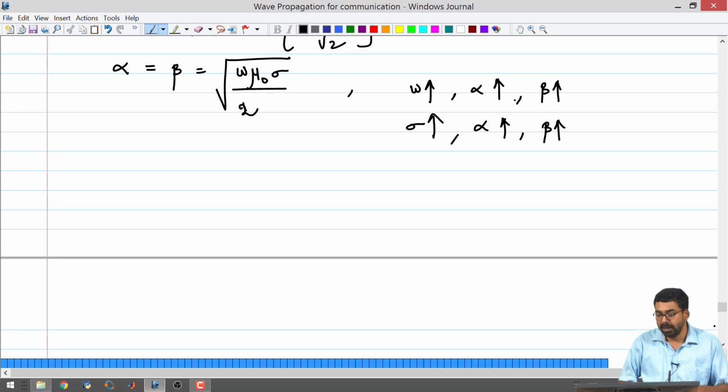Secondly, at low frequencies alpha is low, that means you can get long range of propagation of electromagnetic waves. So if you send a plane wave at very low frequency, it will travel a much longer distance in a medium than a plane wave at very high frequencies. As you start increasing the frequency of the electromagnetic wave, you will notice that in the same medium it will start propagating lesser and lesser distance. So it means that these things pose some technological challenges.